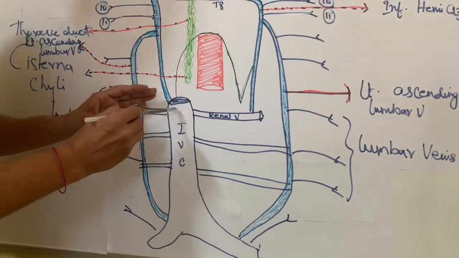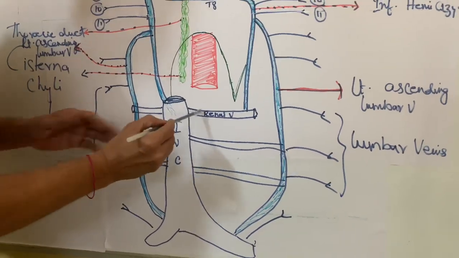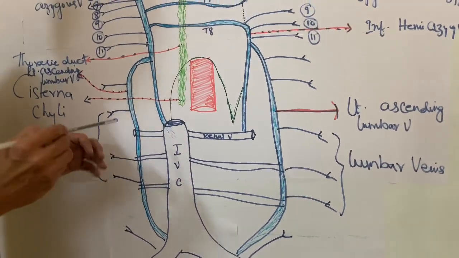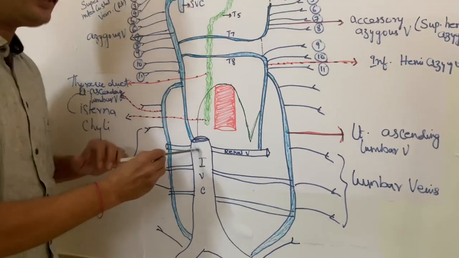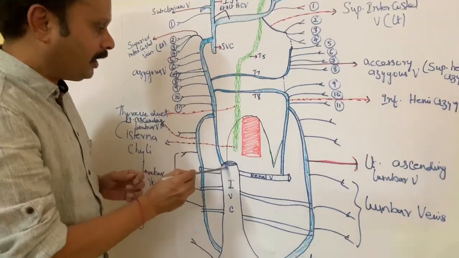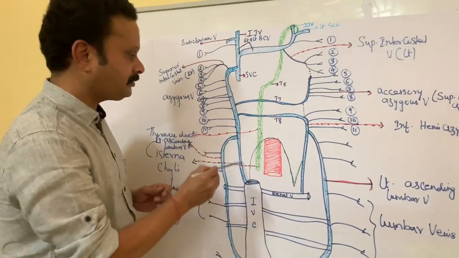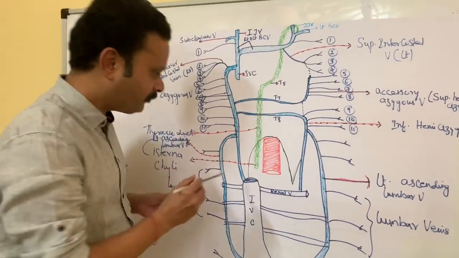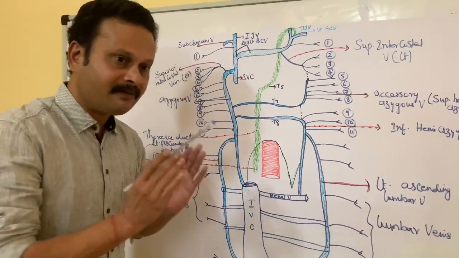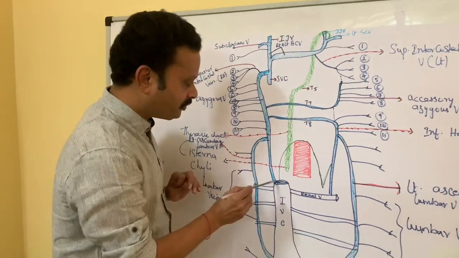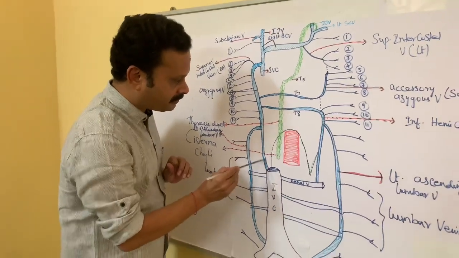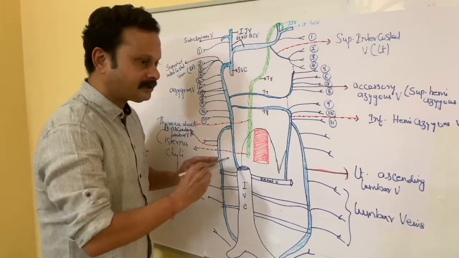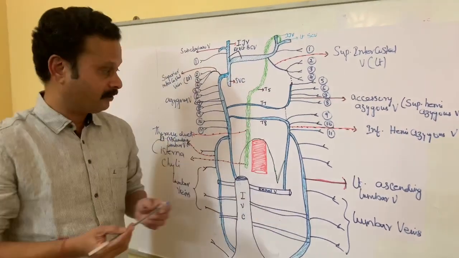So slightly below or close to the origin of the renal vein, this azygous vein arises from the back of the inferior vena cava as lumbar azygous vein, which is paravertebral in position. This is the right crus of diaphragm, which it may pierce, or it may pass behind the right crus of the diaphragm.